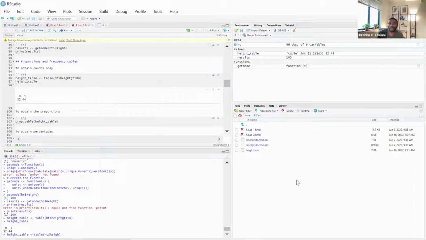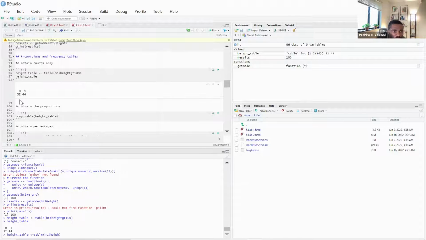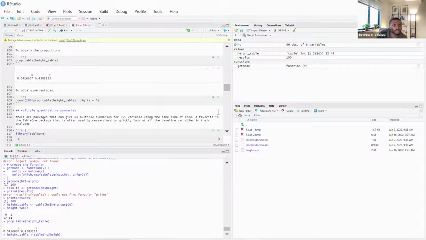So then we can run another function to obtain the proportions. That's the one you have in code lines 102 to 104. So this basically helps you obtain the proportions. Proportions as in a fractional proportion of, if you do it from the one above, you had like